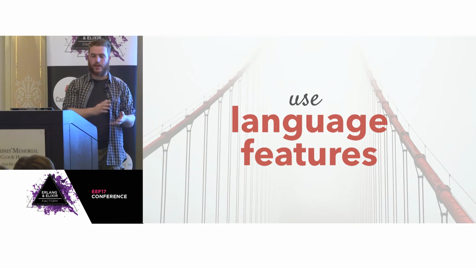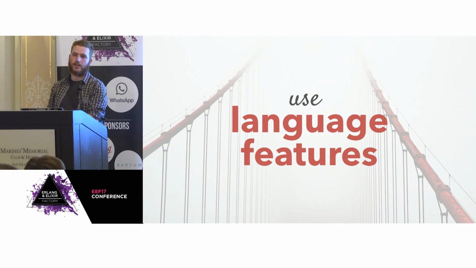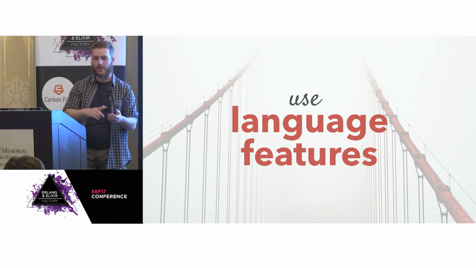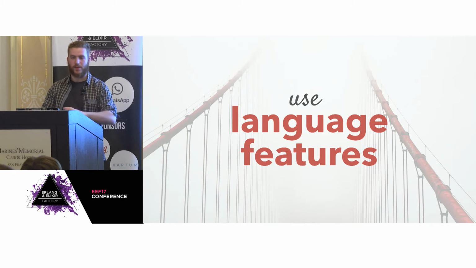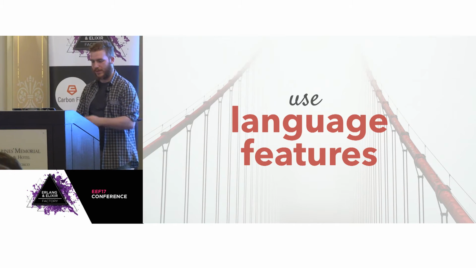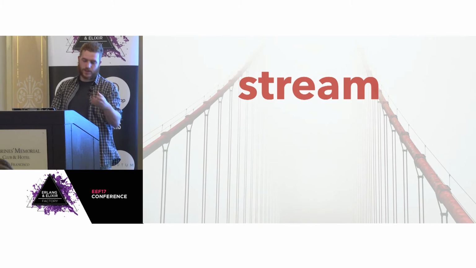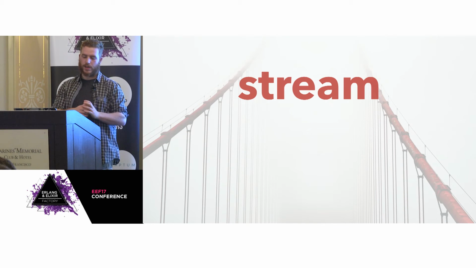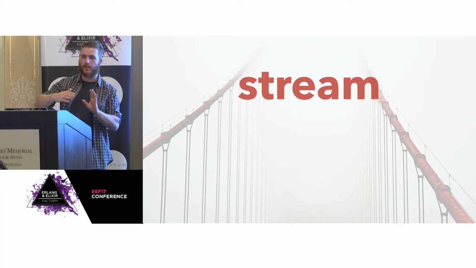If you use existing language features, probably there are other pieces of software in that language using the same features, and the language provides tools to work with them. So you make your library composable with the existing ecosystem by using the same language features, right? An example of this in Elixir is stream. Elixir provides this abstraction over lazily computed collections, where you compute the next element just on demand when you need it, not eagerly.